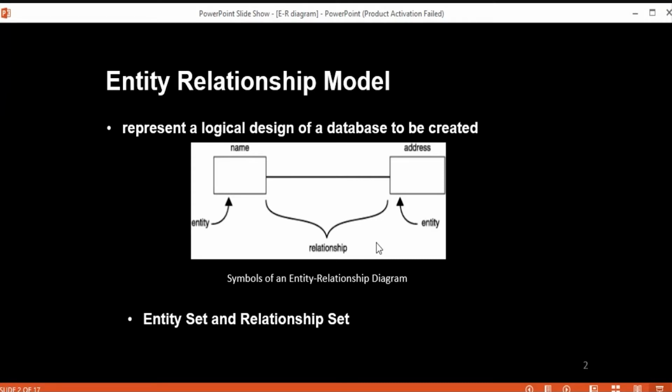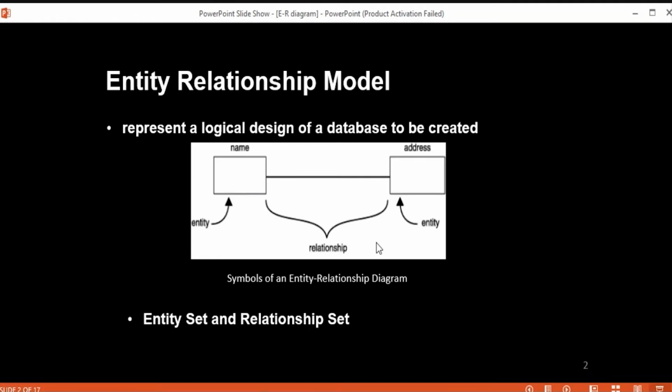Now, in this ER model, real world objects and real world concepts are abstracted as entities, and different possible associations among them are modeled as relationships, right? Whatever the objects are there can be represented as entities, and the associations between those objects in the real world can be depicted using relationships.